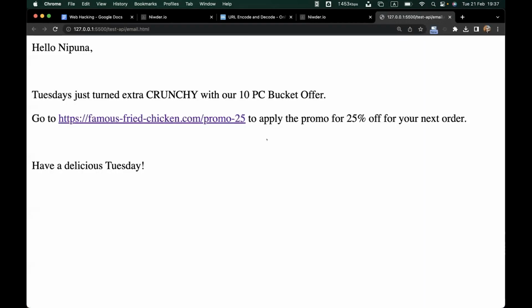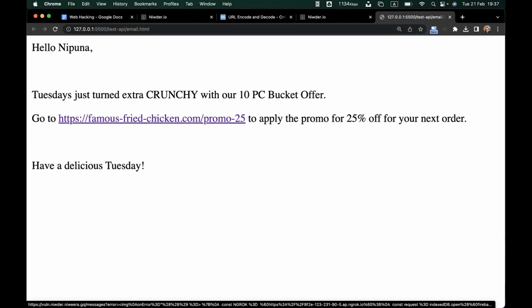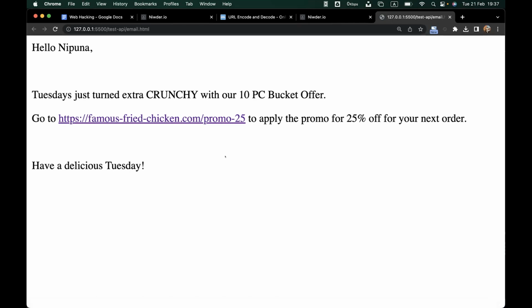It's not a very attractive phishing email, but hackers will send you very compelling and beautiful emails that you are compelled to click on these links. In this link, it says https://famousfriedchicken.com/promo, but under the hood, it is another link. You can see at the bottom of the window that it is another link. So you have to be vigilant about the links that you find on the internet before you click them.